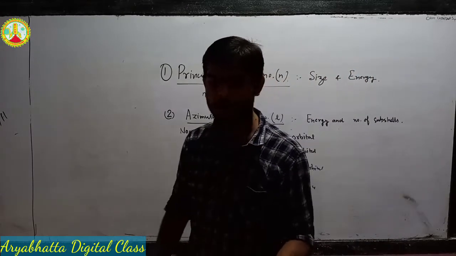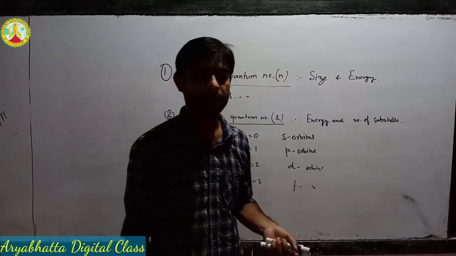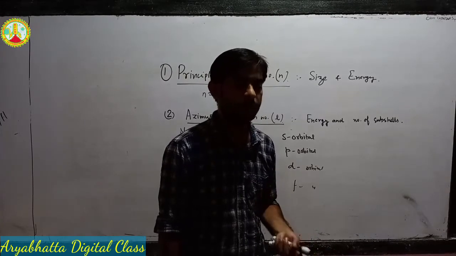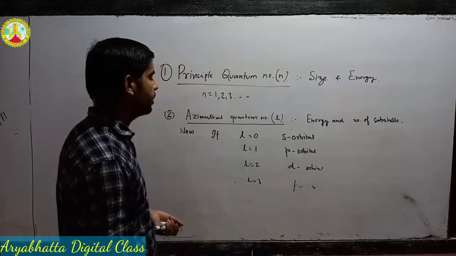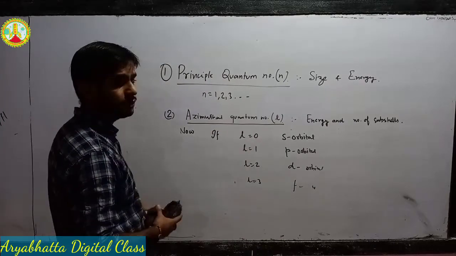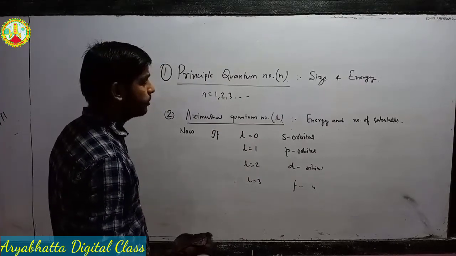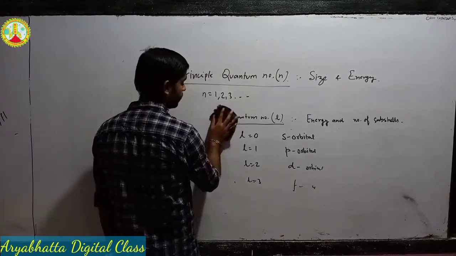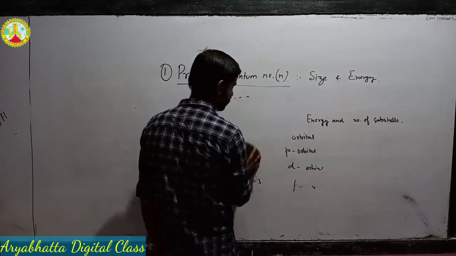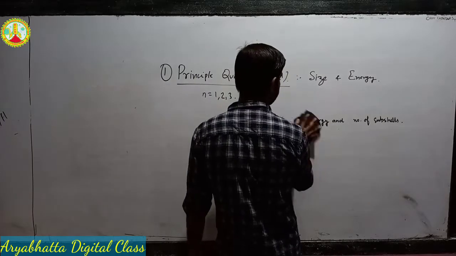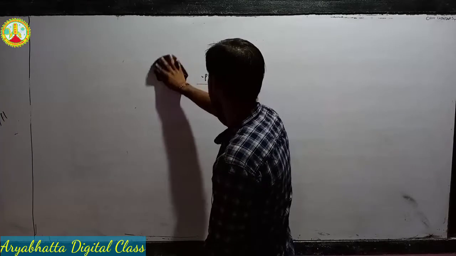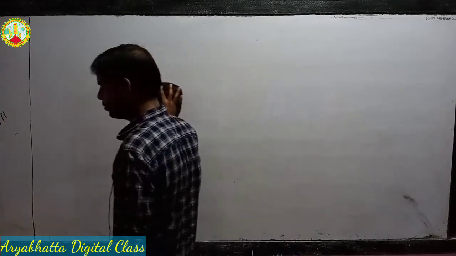You have to recognize the orbital. If the value of L is given, you have to recognize whether it's an s orbital or a p orbital. How can you determine? If the value of L comes out to be 0, then you must know that it's s orbital straight away. We will see about subshells in detail also, but before going to that,